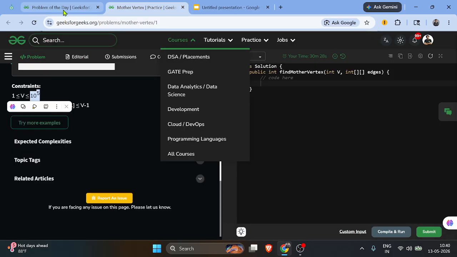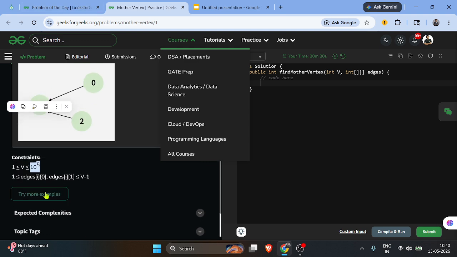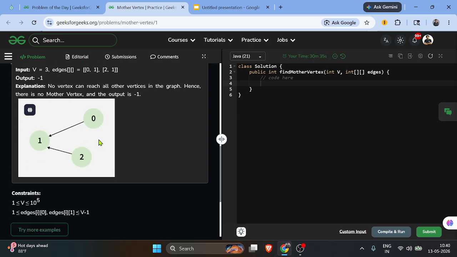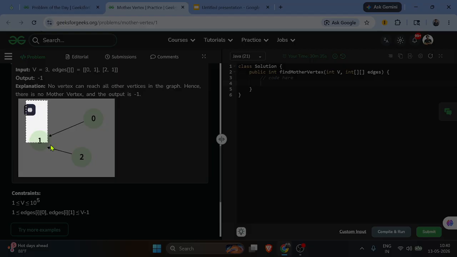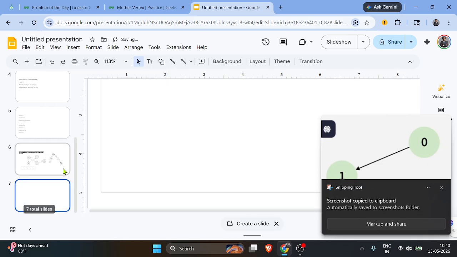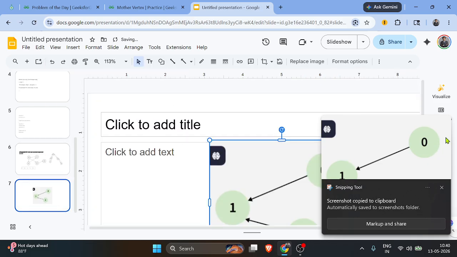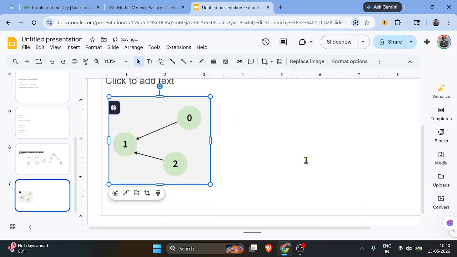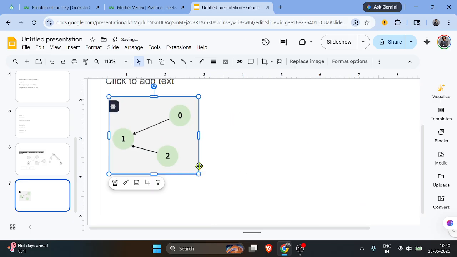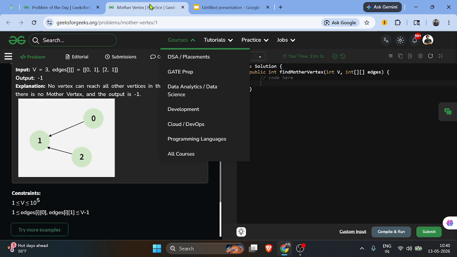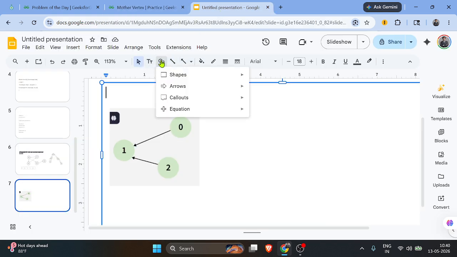But for the second test case, let me copy it for you. I don't want to make it again. Then, if you start from zero, then